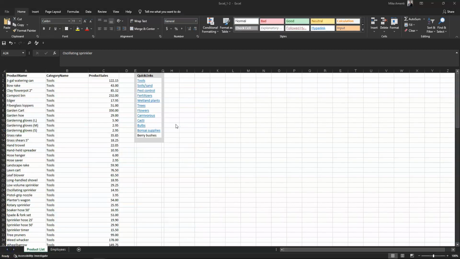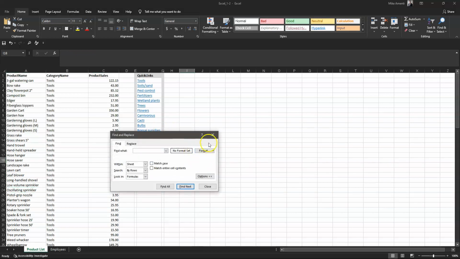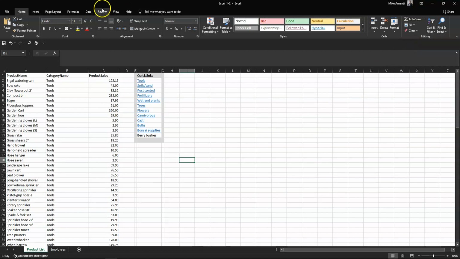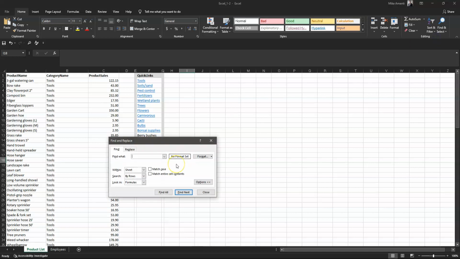All right, so now we are in Excel 1.2. Right off the bat, it wants us to find all instances of the word garden. Now, this seems pretty straightforward. You might want to go in here and hit Control F. Let me select it first. And then we would get our Find and Replace box. You can also get this box by going on the Home and Find and Select over here. And we'll hit Find. But what a lot of students mess up early on